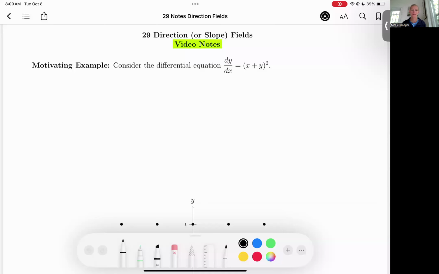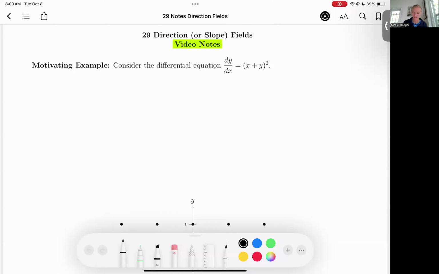We're going to talk about something called direction fields, also sometimes called slope fields, and I'll use the two phrases interchangeably today. If we look at this first example, this will help explain why we would think about slope or direction fields. This example here is not separable. If you try and separate the x's and y's, you're not going to be able to because of that addition